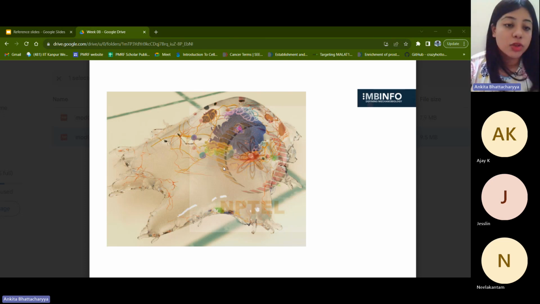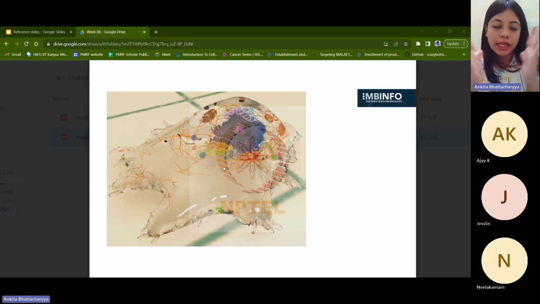Basically you have two sister chromatids. This is one chromatid, this is another chromatid. These are sister chromatids. They are carrying exactly the same genetic information, but in copies. They're carrying alleles for each of these genes on themselves. These two chromatids are forming what you see as a chromosome, which is represented normally as an X. That is one chromosome. There are a pair of such chromosomes present within an individual.